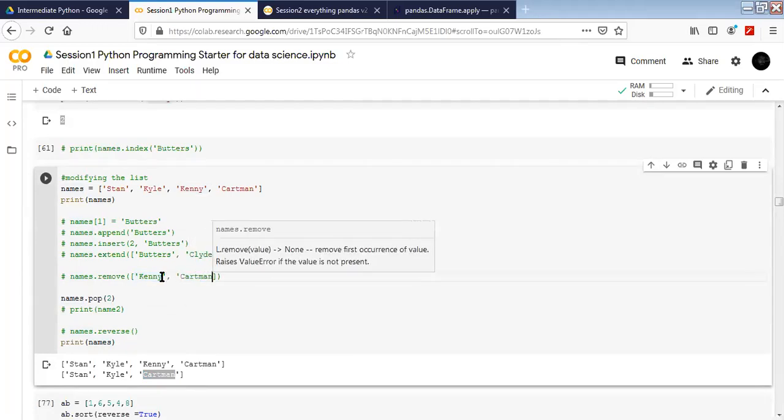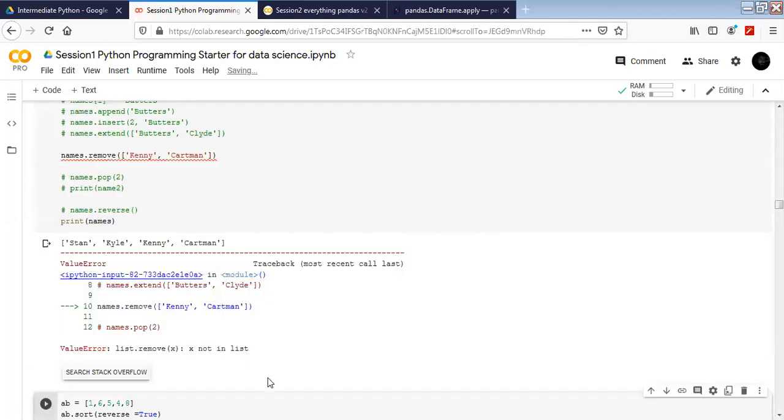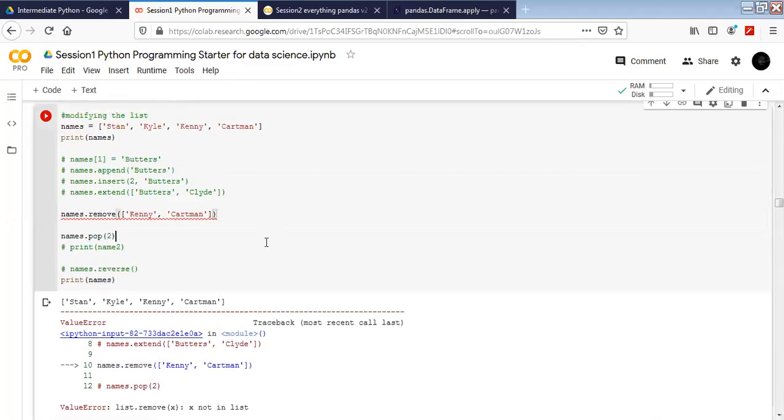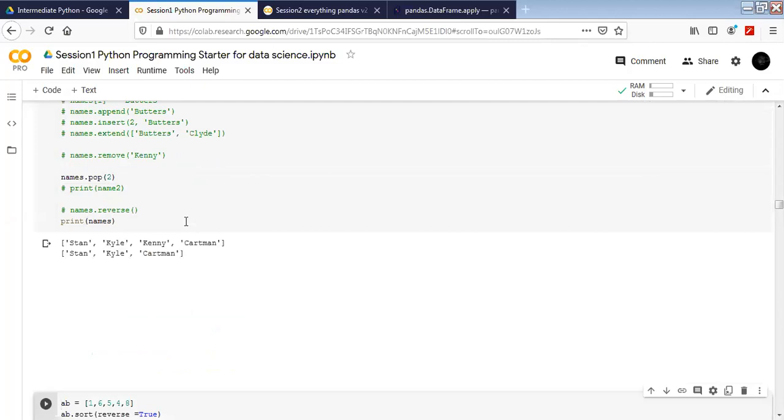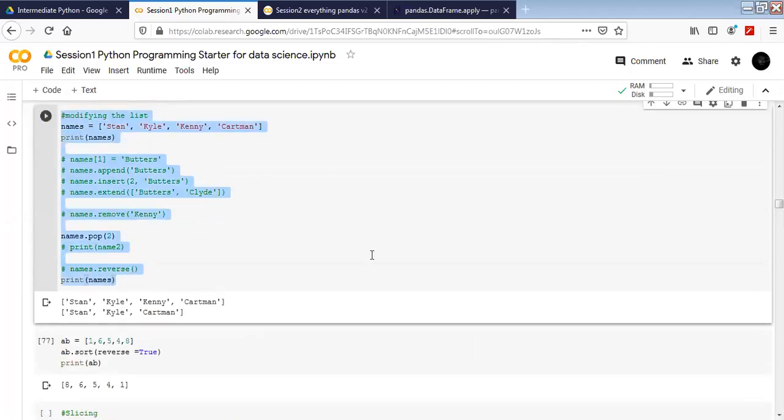Let's see. Yeah, it doesn't work. I'll let you know how to remove it. But mostly I don't think it is possible easily. That's why I didn't put it here. We have to write a loop for those things. That's why I didn't add it. And we have reverse for it. So far, any confusion in these points? No, sir. All right.